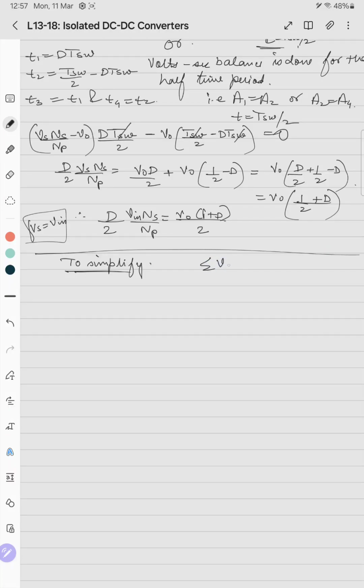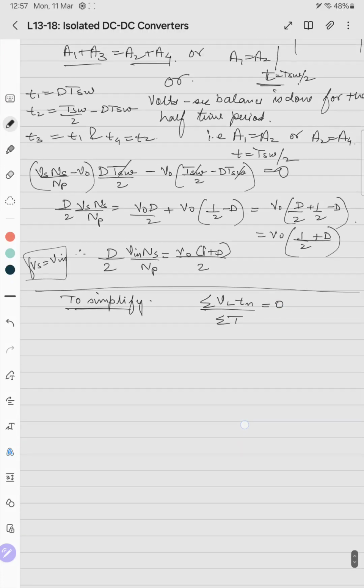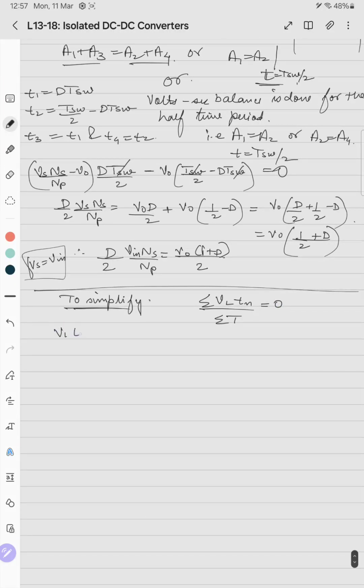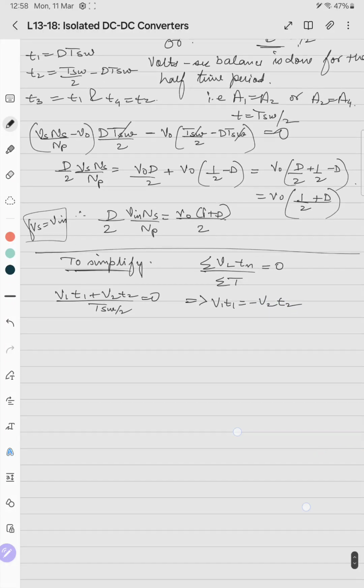Volt-second balance was sigma VL into TL divided by sigma T should be 0. So it will be V1 into T1 plus V2 into T2 divided by T switching by 2 should be 0, which means that V1 T1 equals minus V2 T2, and VL1, sorry,